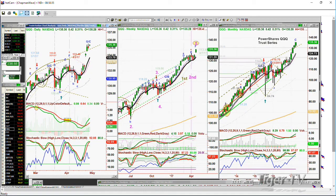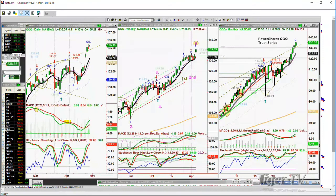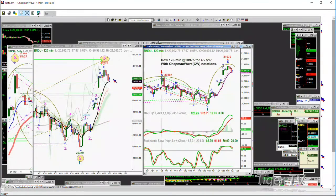Let's just go back to what we were looking at here. There's the 2-minute chart. It pulled back quite sharply, 383. Now it's bouncing back. And this to me, let me just do this really quickly. See this 120-minute chart? What I really want to see is that